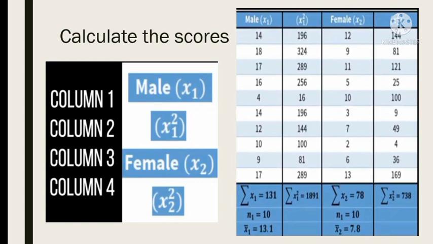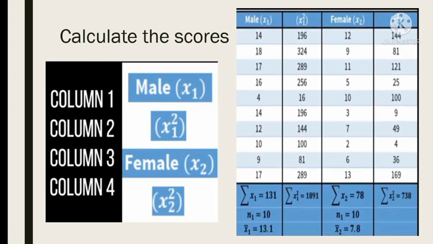That is calculated by dividing the summation of x sub 1 all over the sample size, which is 10. That will give us x bar sub 1, or the mean of group 1, which is 13.1. Then let's have column 2, which is x squared sub 1. Here we're just going to square the scores from x sub 1. For example, 14 squared is 196, and then below that 18 squared is 324, and so on, and that will give us the summation of x squared sub 1 that equals